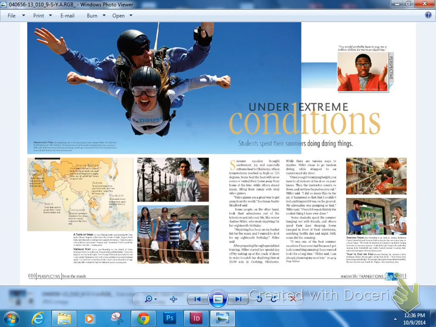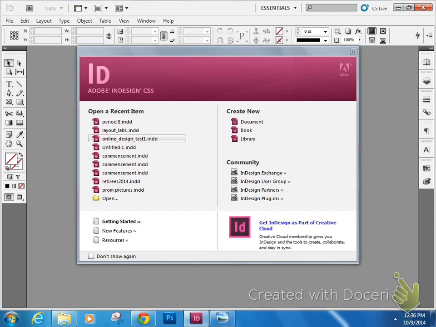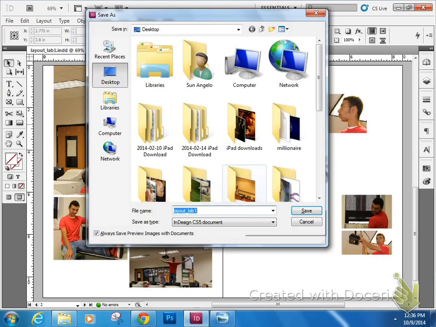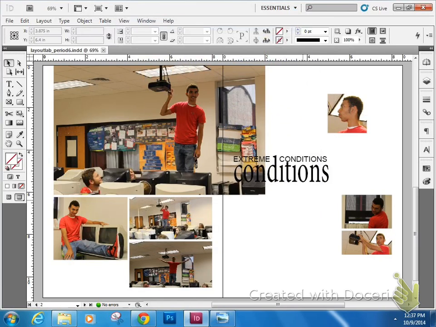So if you double click and preview that on Windows Photo Viewer, you get a picture of the spread. And we were working on this yesterday. I think this is what we ended up with. Yeah, this is it. This is from this period. I'm going to save it as Layout Lab period 6, so that I know how far we are this period,